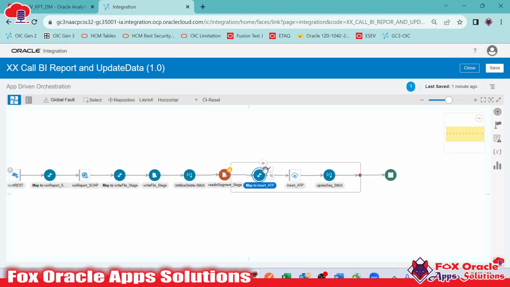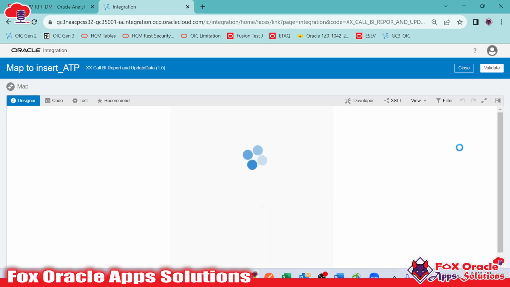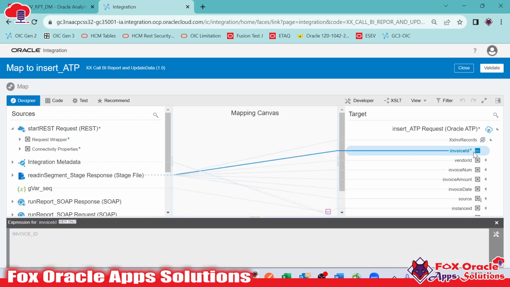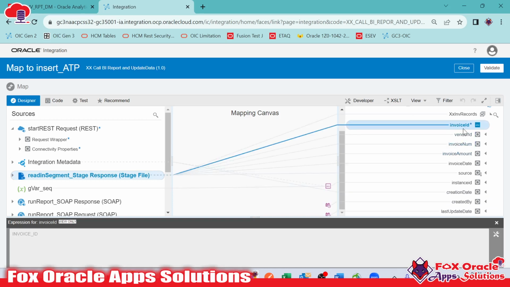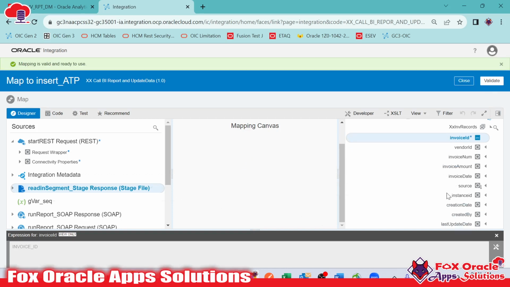So now here you can see if we move to the mapping, this time based on the primary key we have in the table, the invoice ID. Based on this ID only, it will check whether the data coming from the read segment that we are going to insert is already present. Instead of inserting the data, it will use the update command, and in the update it will update all the values we have here. And if the data is not present in the table, it will insert the record. So let me validate here and close,